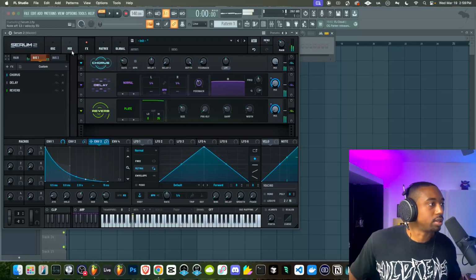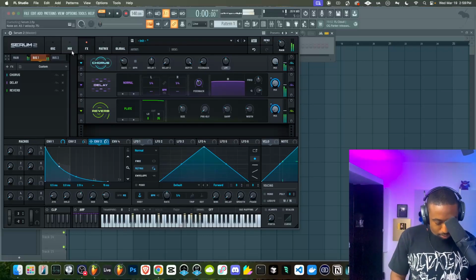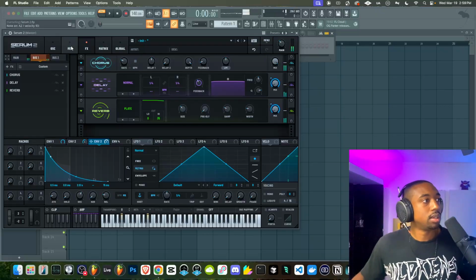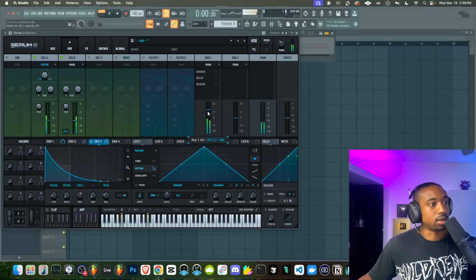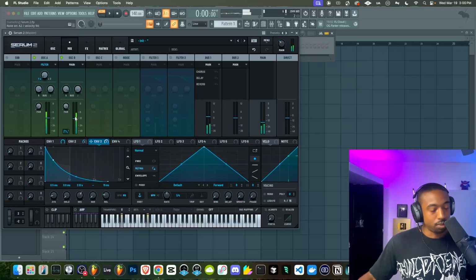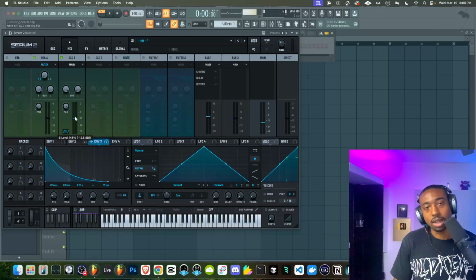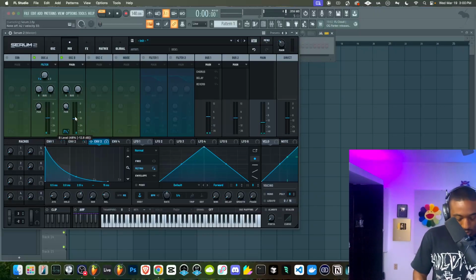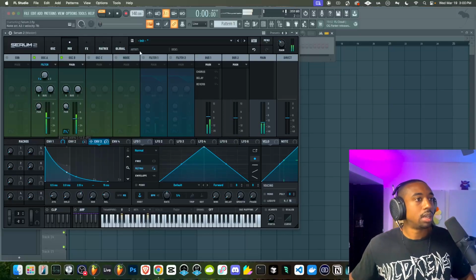There we go. I didn't realize the chorus was down. So now we have some depth on the sound. We can go back to our mixer now and start turning stuff down. I just couldn't hear it. So again, when I let go of the keys, it turns that reverb and chorus off. So it's a really unique sound.